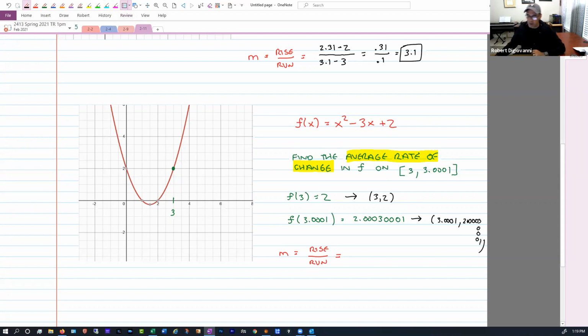Sorry, I ran out of room there. So the rise is going to be 2.00030001 minus 2, over the run, which is 3.0001 minus 3, which is going to give us